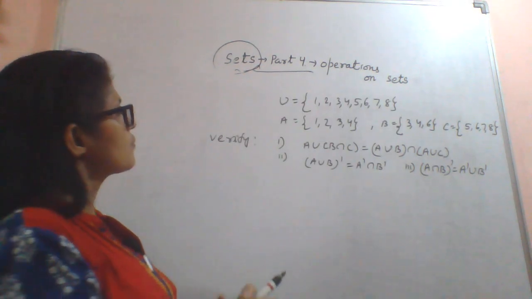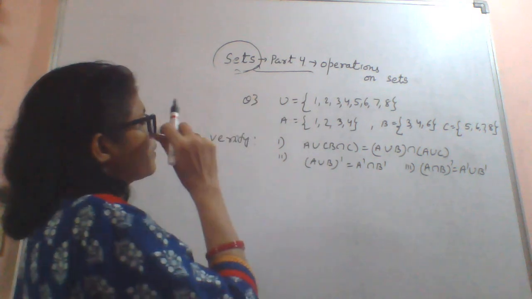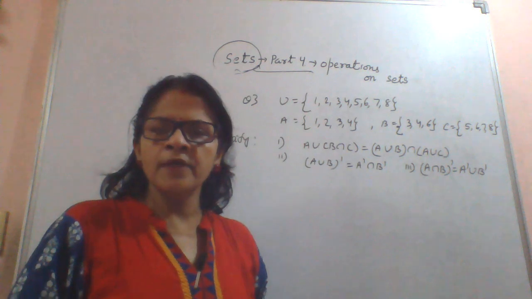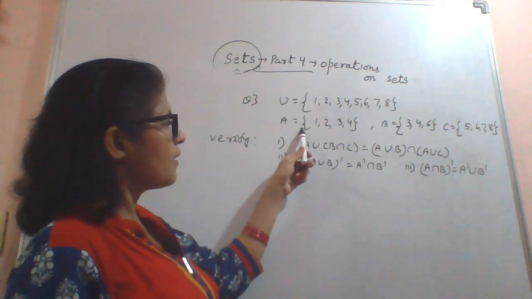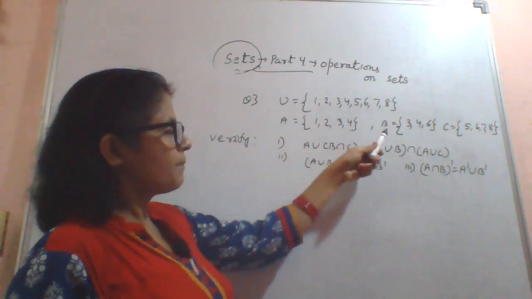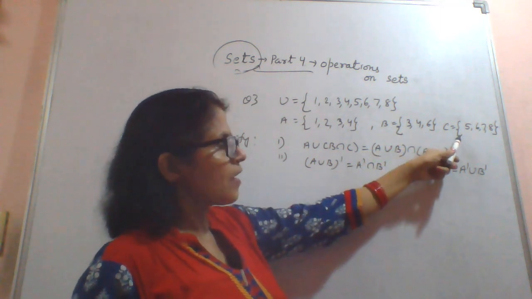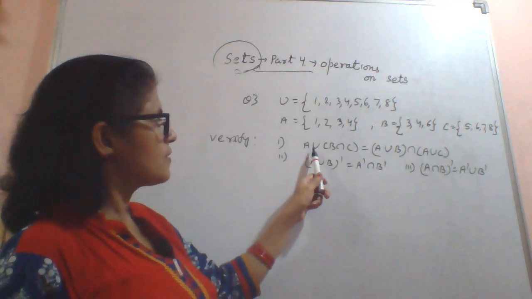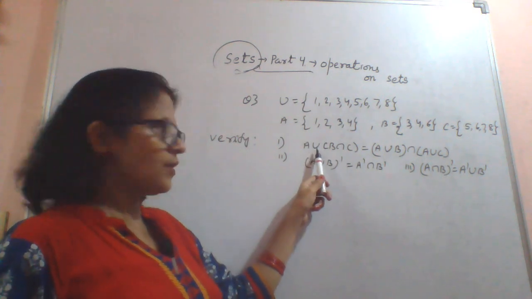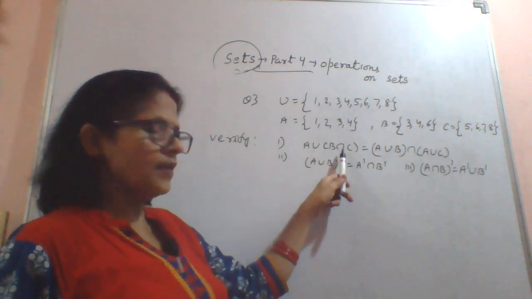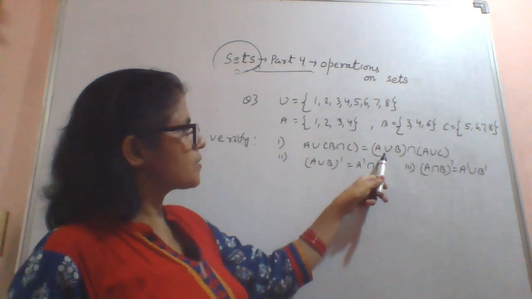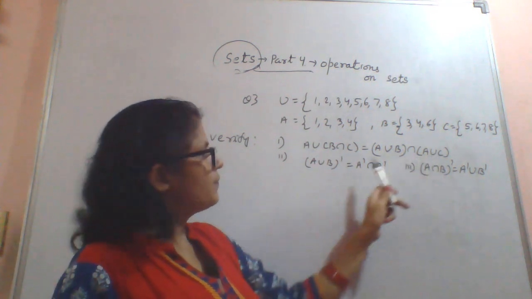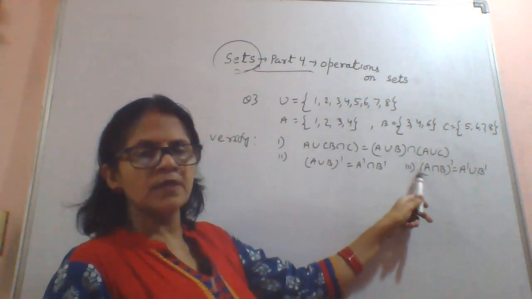So last question, number 3. You are given U equal to {1, 2, 3, 4, 5, 6, 7, 8}, which means we are given the universal set. A equal to {1, 2, 3, 4}, B equal to {3, 4, 6} and C equal to {5, 6, 7, 8}. Okay, verify that first part is A union (B intersection C) equals (A union B) intersection (A union C), and second and third parts are basically